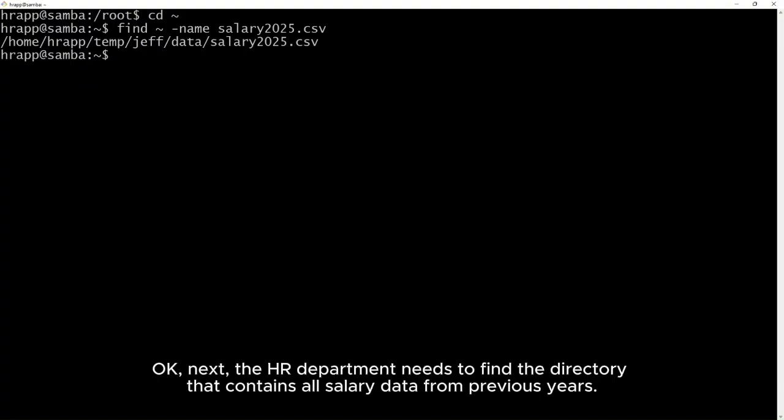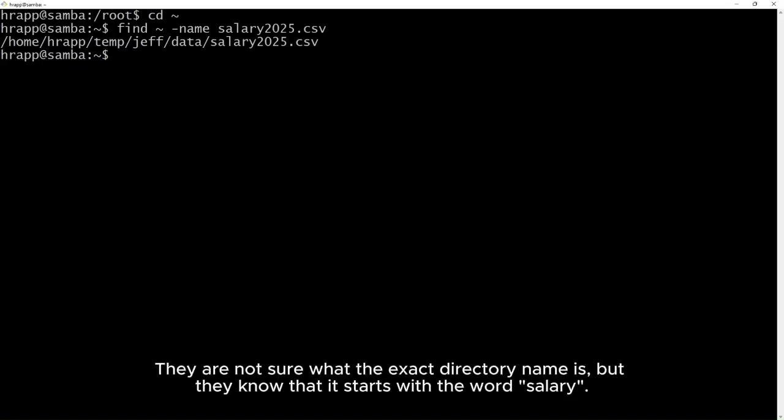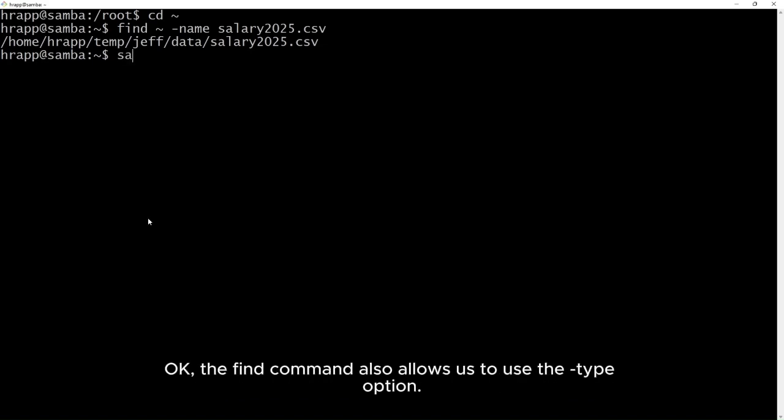like the HR department needs to find the directory that contains all salary data from previous years. They are not sure what the exact directory name is, but they know that it starts with the word salary. Okay? The find command also